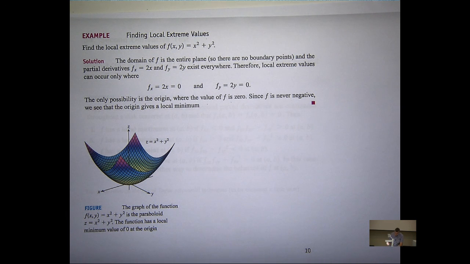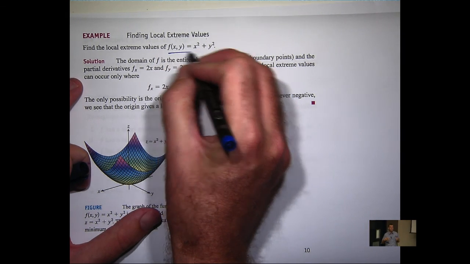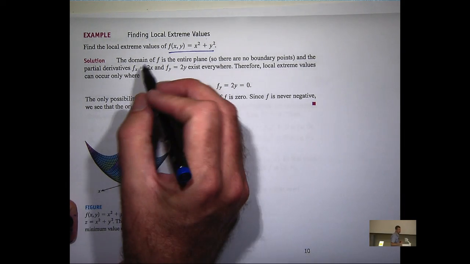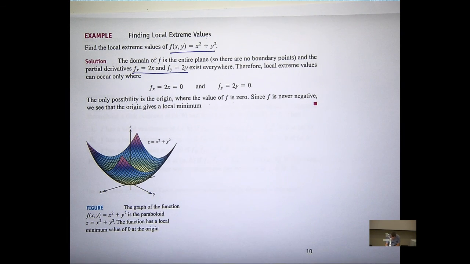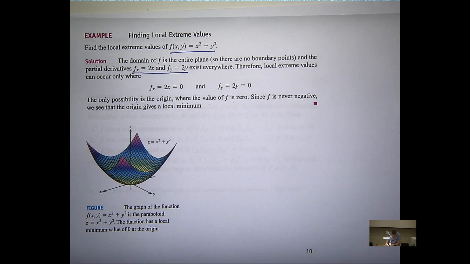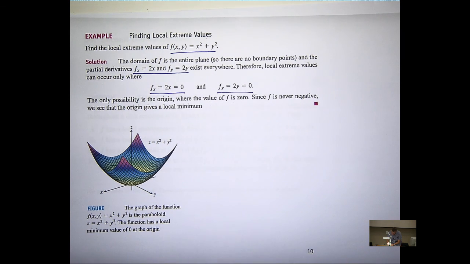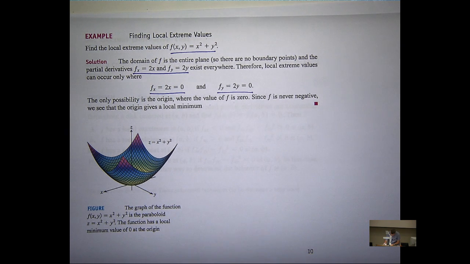All right, here's one I've created earlier. Finding local extreme values. Find the local extreme values for this function. We've already looked at this in a sense. So you calculate the partial derivatives. They exist everywhere. So the local extreme values occur at those x and y points where the partials are equal to 0. Okay, so we solve those. We get x equals 0, y equals 0,